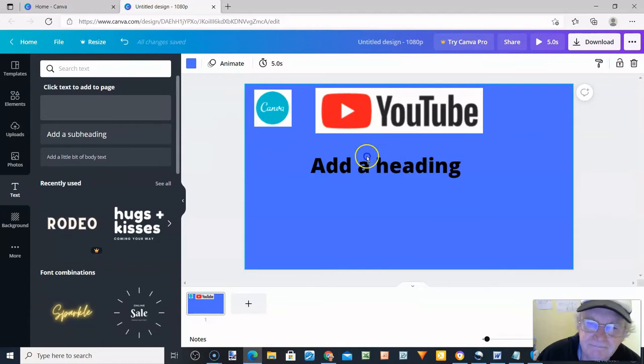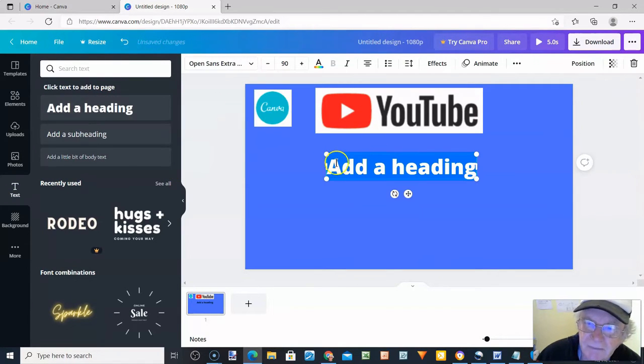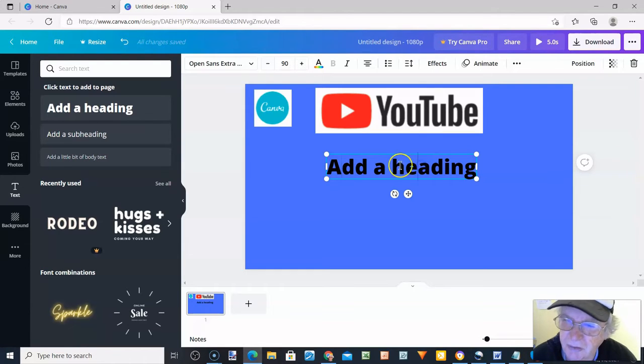Add a heading. Just drag it in. Now I just add a heading. Now if you want to change the text color, because it's black normally,